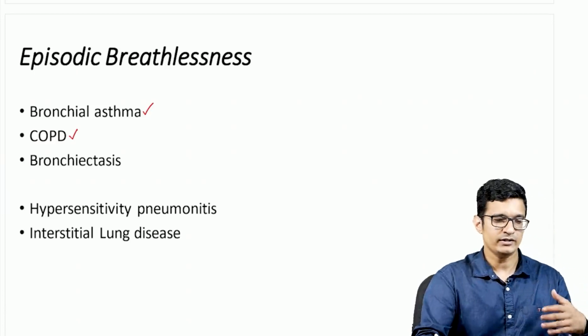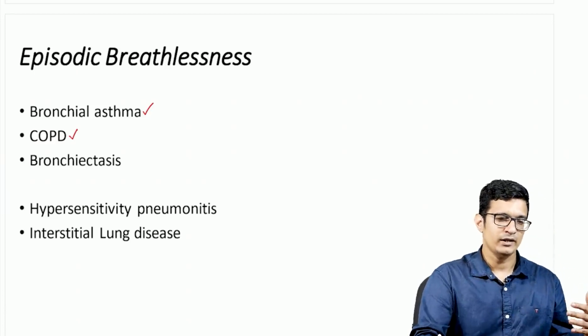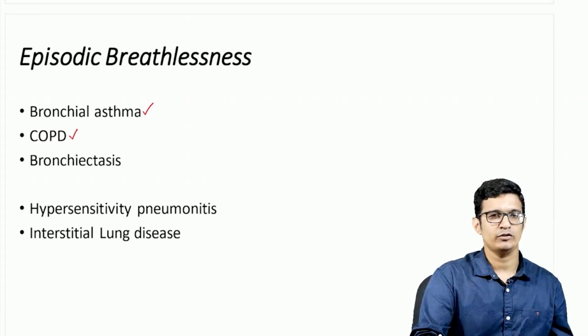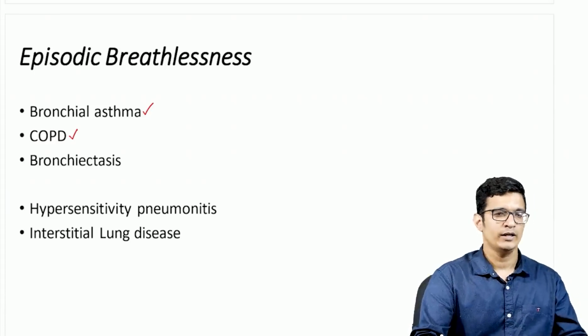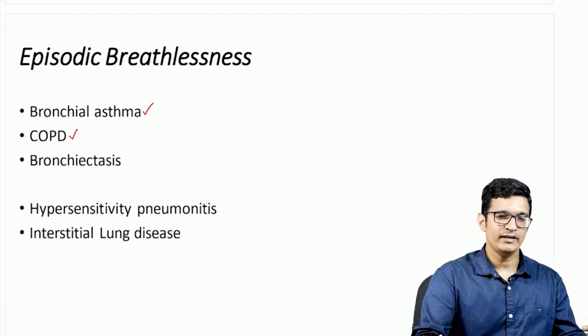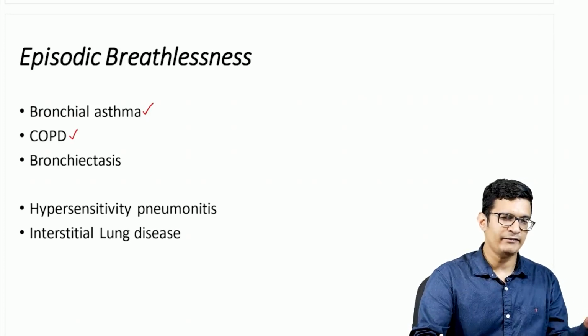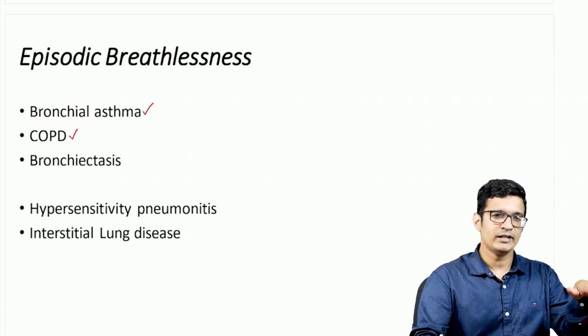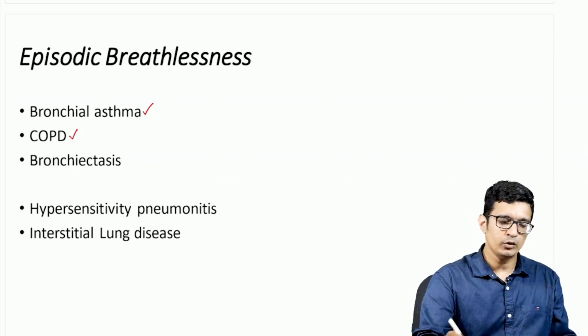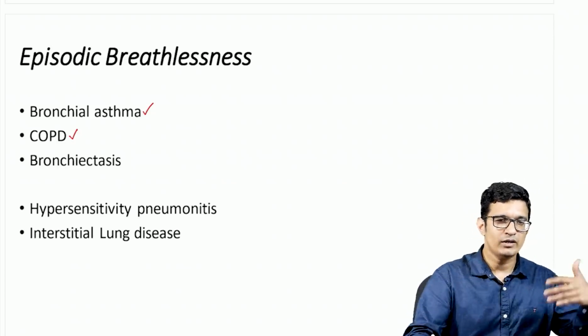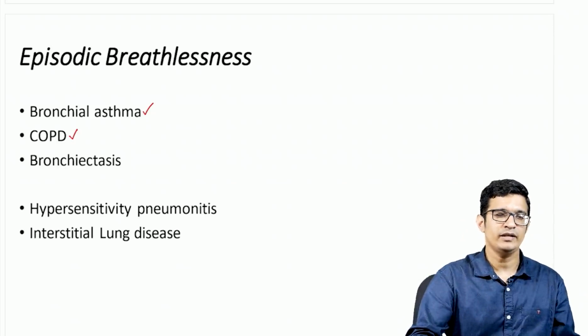Bronchial asthma is one condition wherein the patient will be normal in between the episodes of asthma. He will be absolutely normal, and whenever he has that exacerbation, he generally tends to be having severe breathlessness. Whereas in a case of COPD, they will be having some amount of baseline breathlessness at all times, and during the episode of exacerbation, there will be worsening of the breathlessness. That is very, very important.